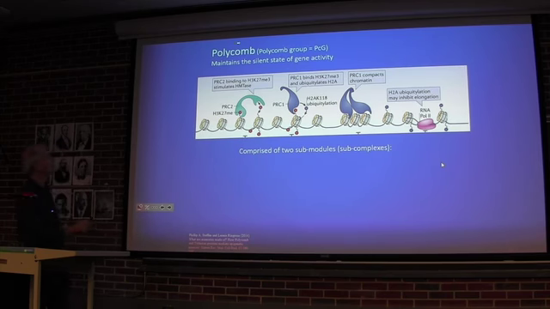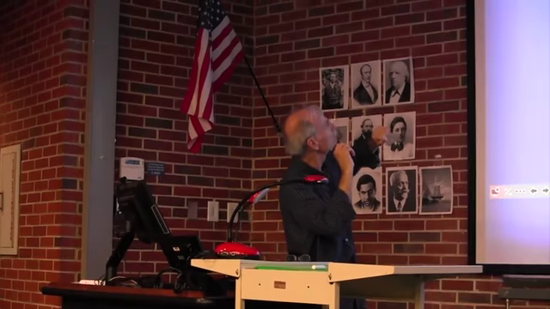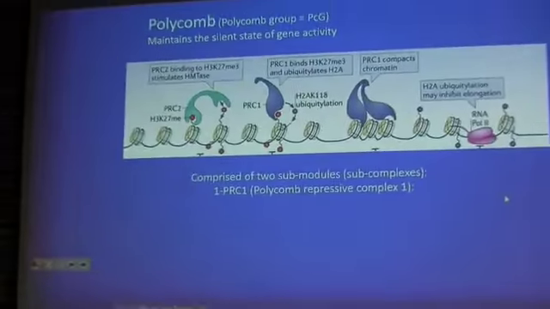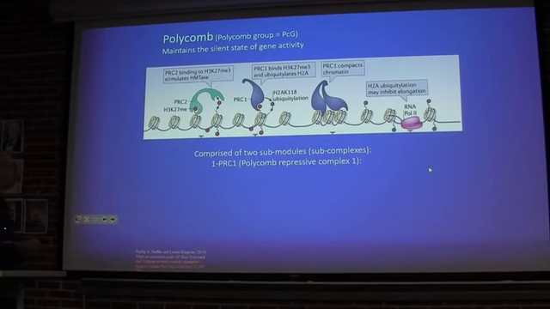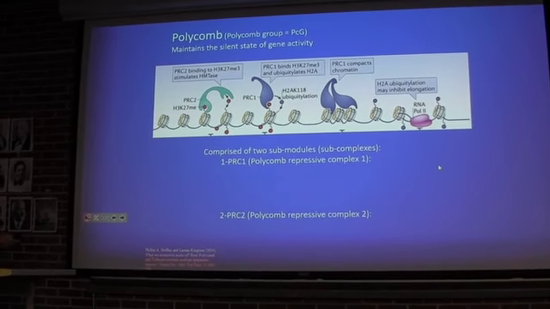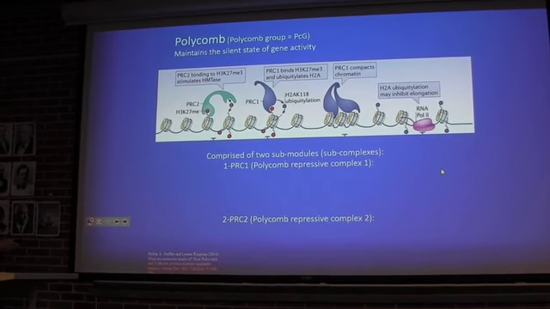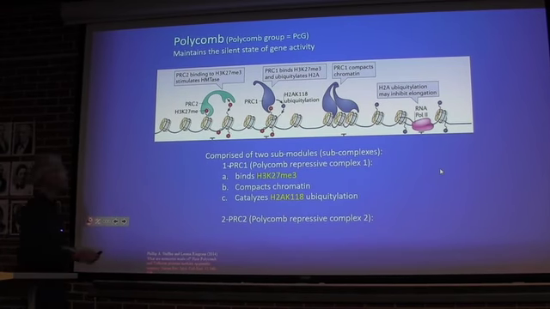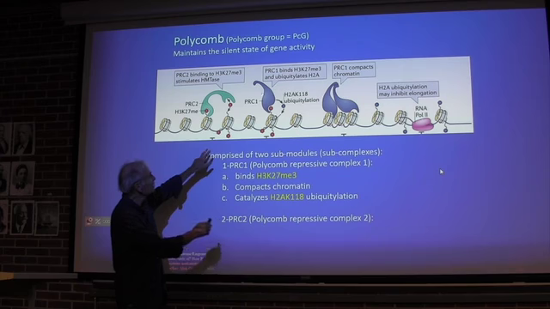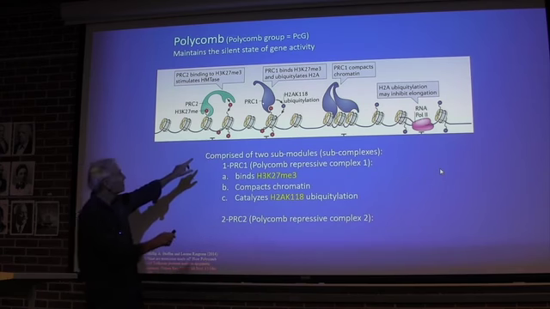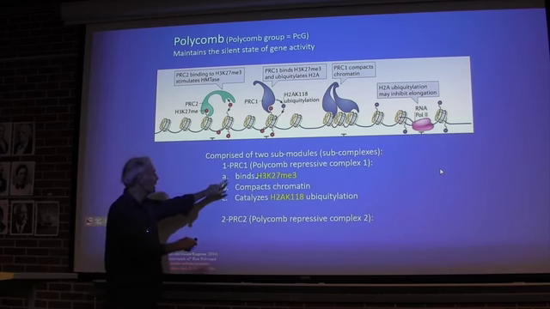But we do know that with polycomb there are two major subcomplexes. Polycomb group, polycomb complex 1 and 2. And they have different enzymatic activities and binding properties. So let's see how this works. PRC1, or polycomb repressive complex 1, is the first, and then PRC2 is the second. The first, with this sort of purple slate gray shape, binds to